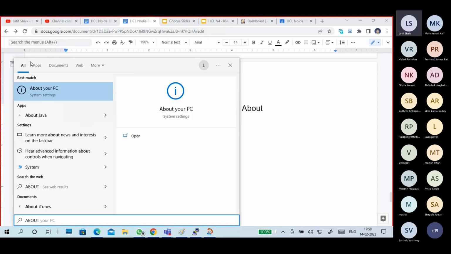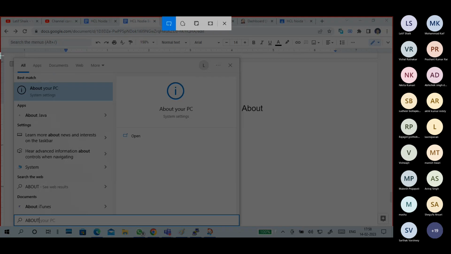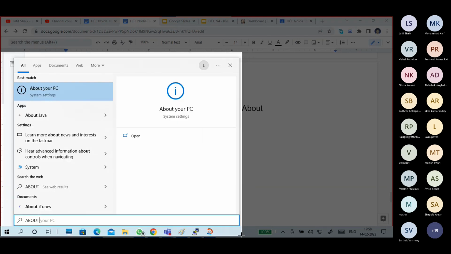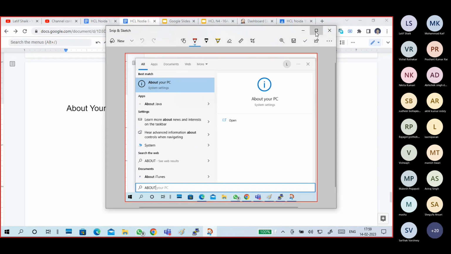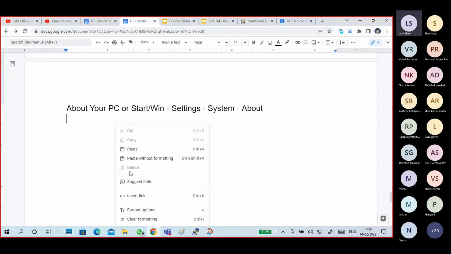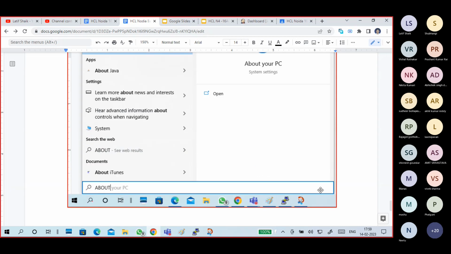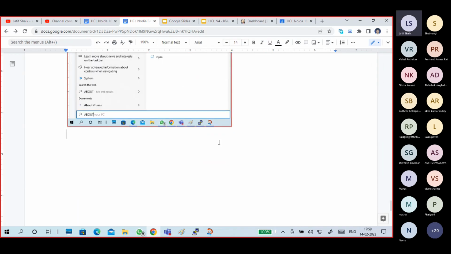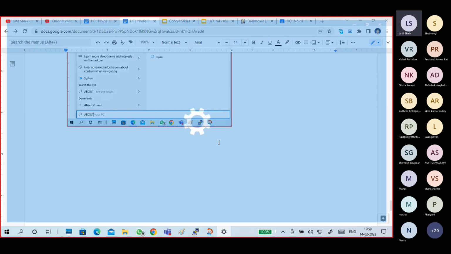About your PC. In the search, type About, and you can open About your PC.